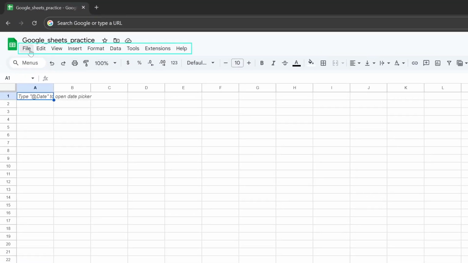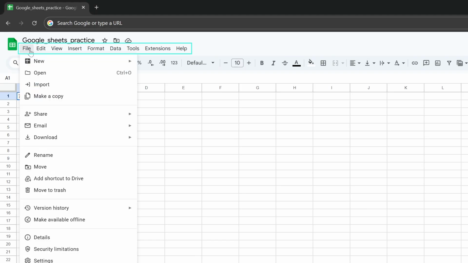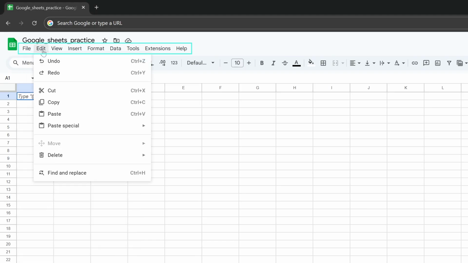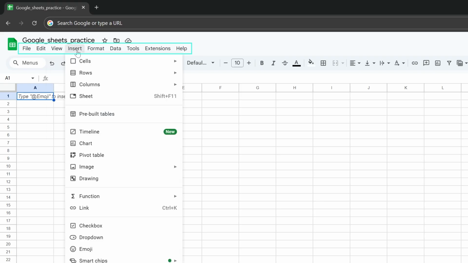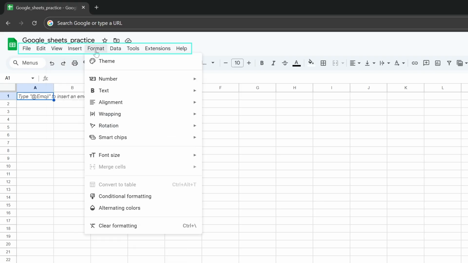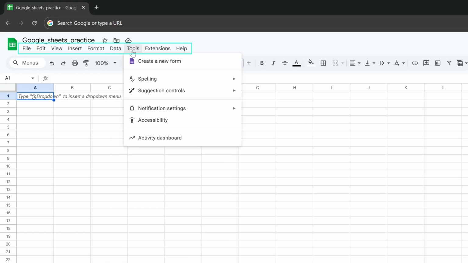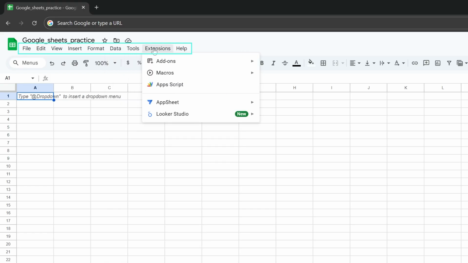Just below the title bar is the toolbar menu, which includes File, Edit, View, Insert, Format, Data, Tools, Extensions, and Help. Each menu contains different sets of tools. Let's take a closer look.